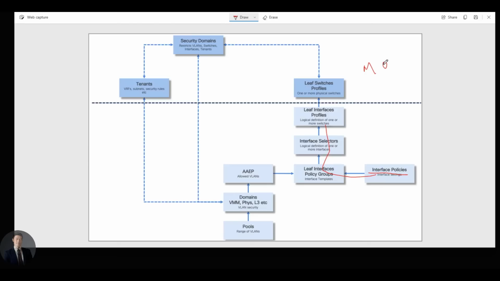What you see here is the leaf switch profile. In traditional terms, it represents one or more physical switches. For example, we can say there's leaf 1 and leaf 2, etc. Okay, and leaf interface. What are leaf interface profiles? It is a logical definition of a switch interface. Well, we could say the leaf 1 and leaf 2